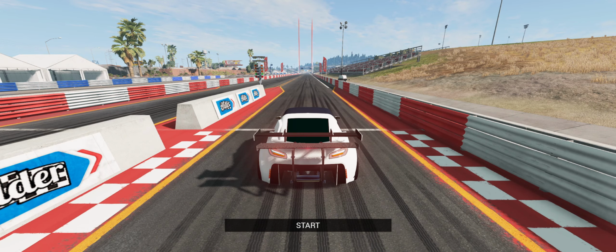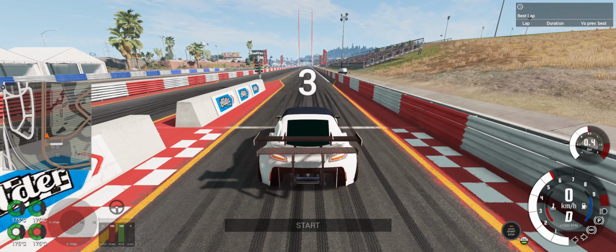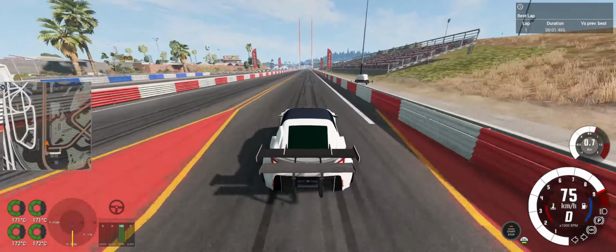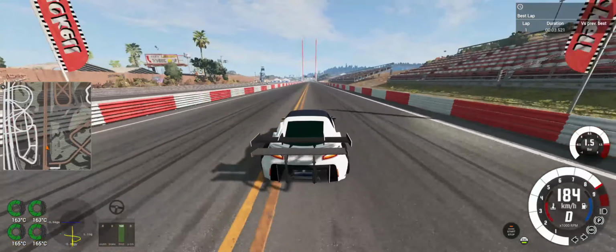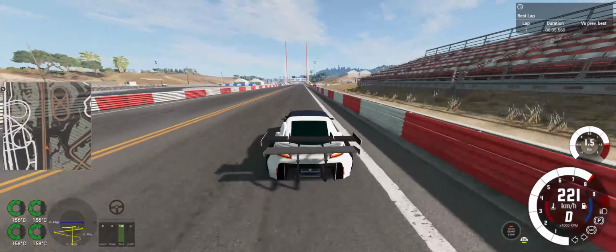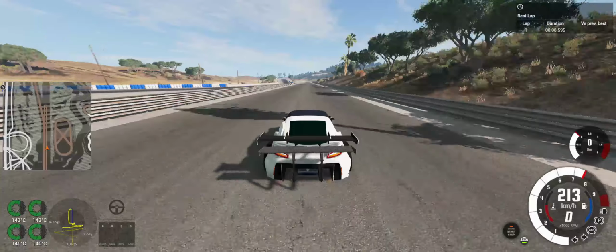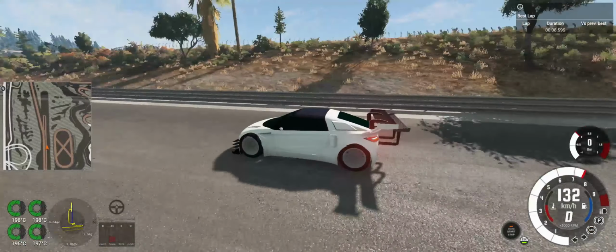Hold the phone. Before we go, we do actually have to do a drag test in this car, because this car is insane. My god, it just did a wheelie. What the fuck? How is that even possible? Okay, and we've gone across in an 8.5. I think there's some